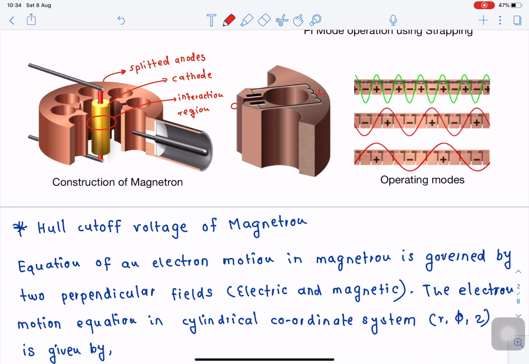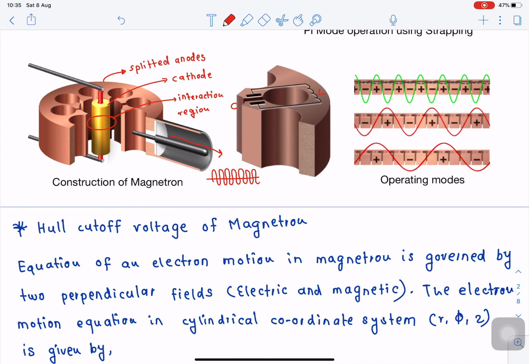Whenever the velocity modulation process takes place inside the cavity region, the electrons are going to give up their energy to the sustained field, which is originally a noise-like signal, which will later grow up and get converted into a sustained microwave signal. And that microwave signal we can take out from the cavity, and we'll find it is a sustained, continuously fluctuating high frequency source, which we normally call a microwave